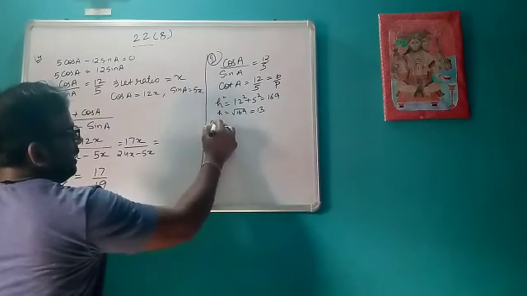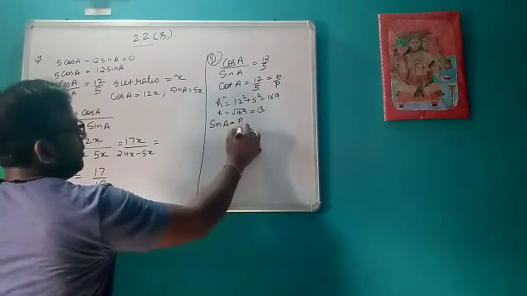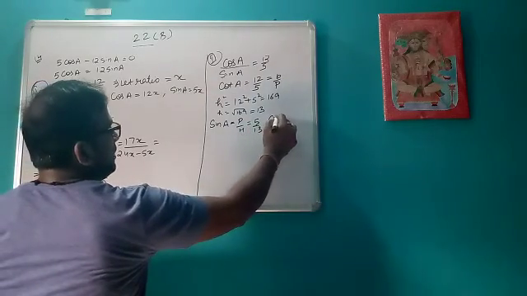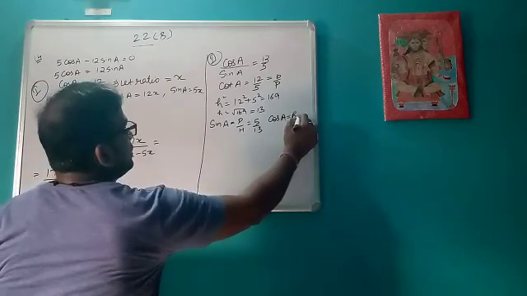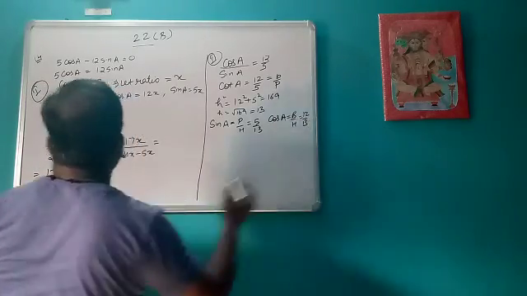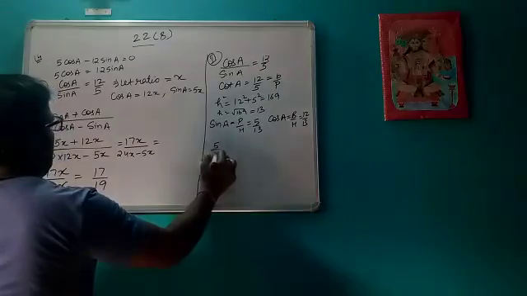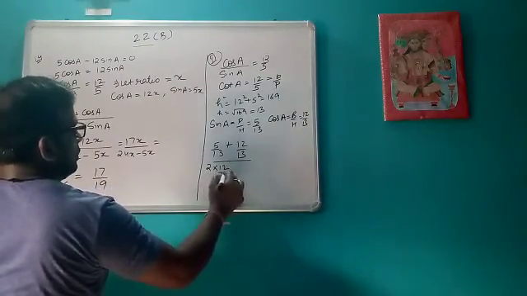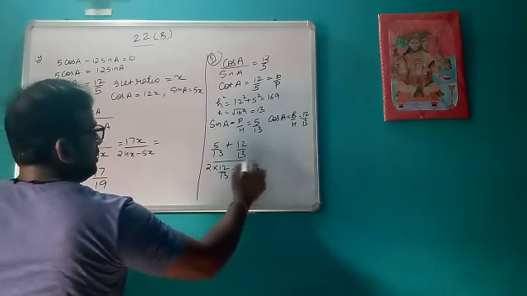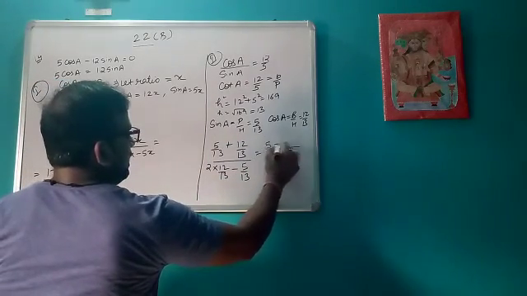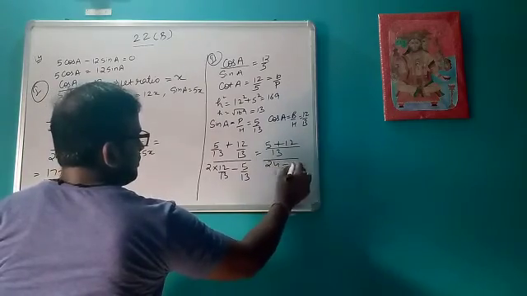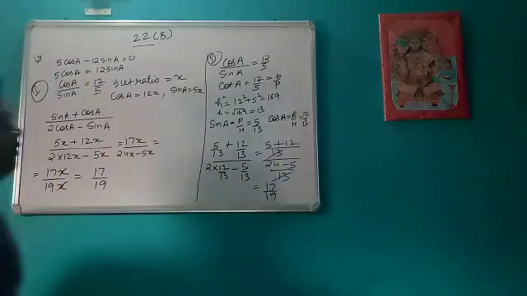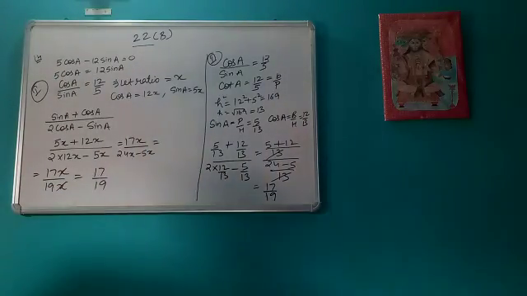Then you will separately calculate the value of sin A. That is P upon H. So P is 5 upon 13, and you will separately calculate cos A, B upon H. So B was 12, it is 12 upon 13. Then you will put the values like 5 upon 13 plus 12 upon 13 upon 2 into 12 upon 13 minus 5 upon 13. Then you will take the LCM. So this 13 and 13 cancel, you will get 17 upon 19. Okay, this is one more way of solving the questions likes of this.